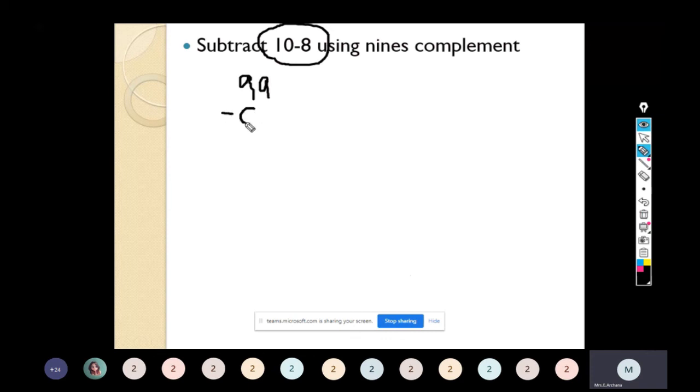So this is going to equalize the digits because A consists of 2 digits. So 99 is going to be subtracted because each and every digit should be subtracted by 9. That is called 9's complement. Here we are having only one digit, so 9 minus 8 is possible, but we can't get the correct answer. The first step we have to do is equalize that. So 99 minus 8. So the answer will be 91.